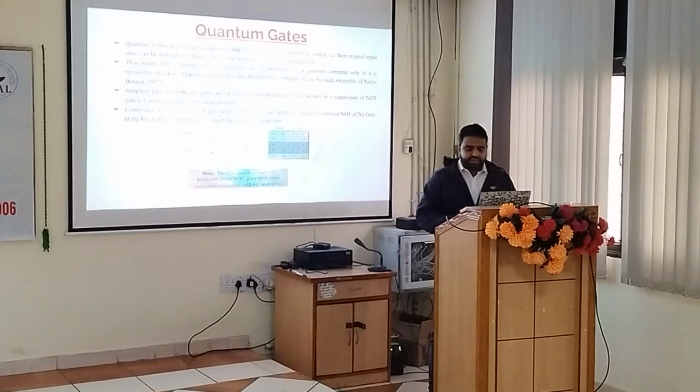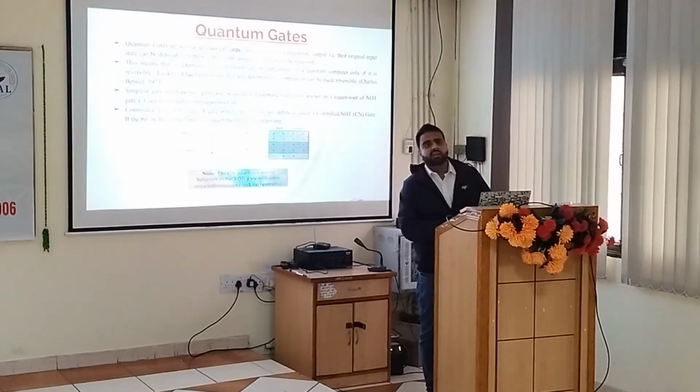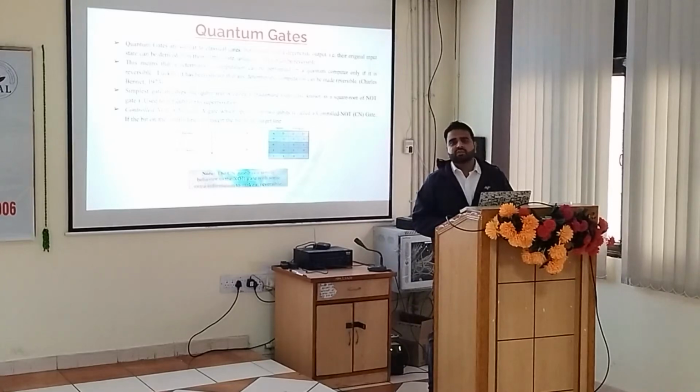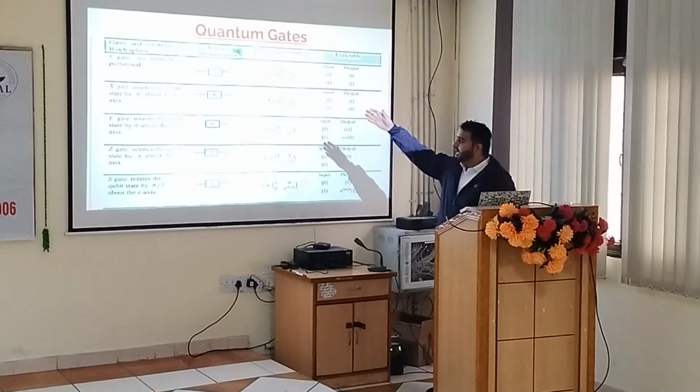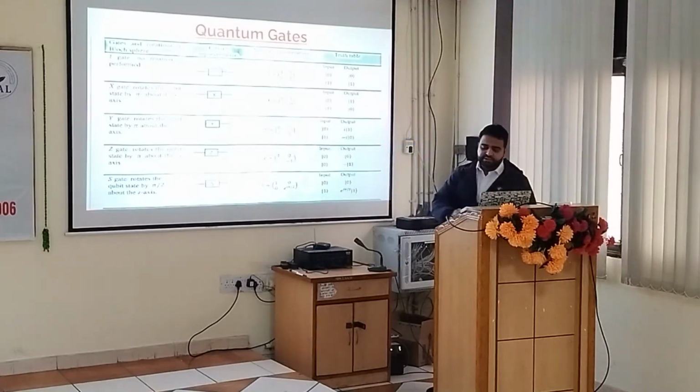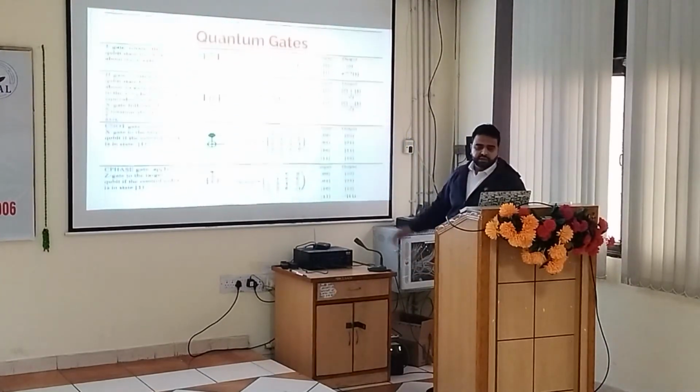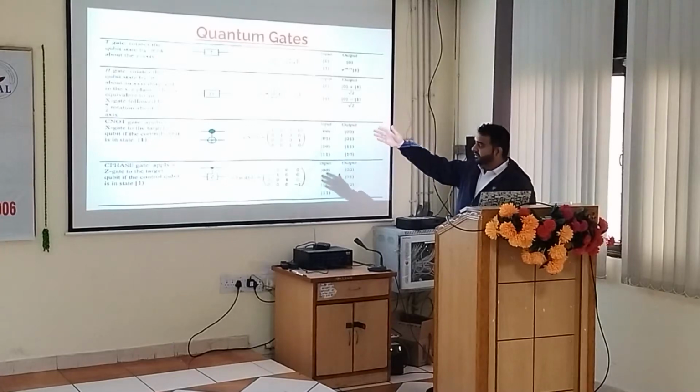Now what are these gates basically? Just like our logical gates are there, which are used to manipulate the bits, we can perform the same manipulation over qubits. So for qubits, we are having different categories of quantum gates. We are starting from the I gate, X gate, Y, Z, S, then again followed with the T gate, H gate, CNOT gate.